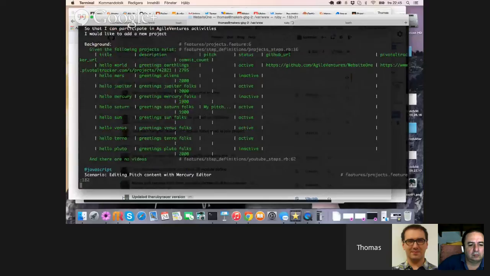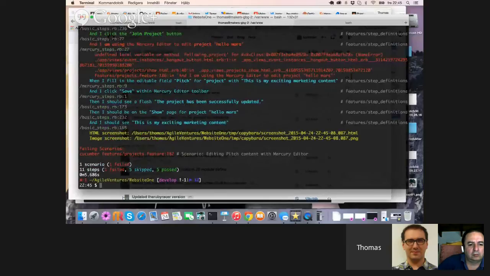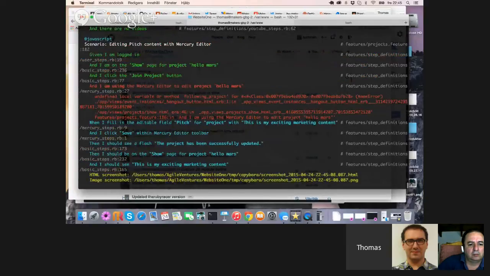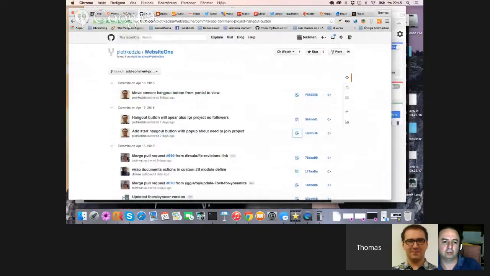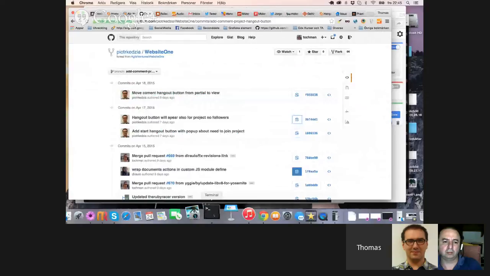Okay, so this is okay. This is the same. No. Undefined local following project. Why not? On your first commit, did you do something half? Yeah, I modified partial, so I added another. So we need to get the other one as well, right? But I rolled it back. So. Okay.